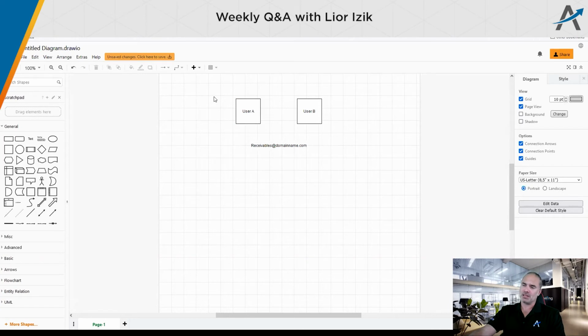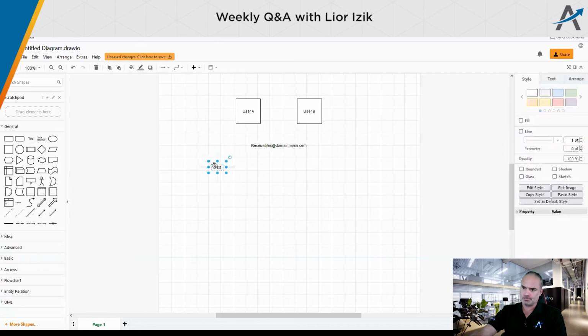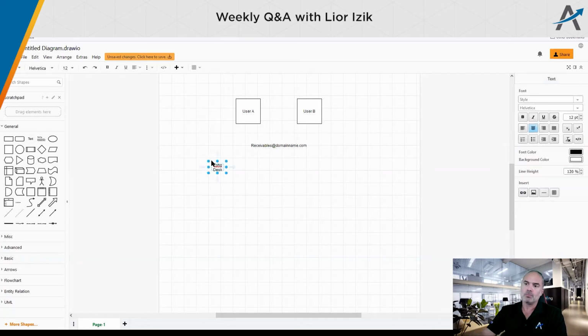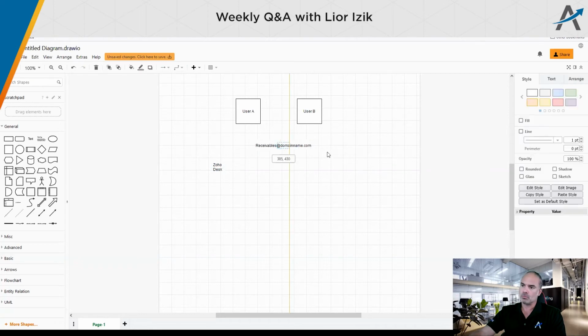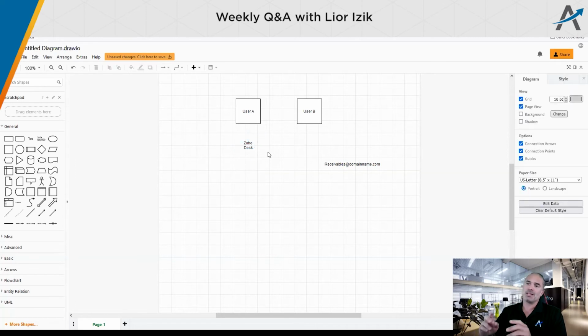You have two options with this approach. Option number one is to receive your emails in Zoho Desk, and then both of you can receive it because it's just tickets. If one of you picks it up, the other will not need to deal with it anymore. I will just write here, Zoho Desk. So this is assuming we're adding a standalone email. You don't need to add a standalone email because then you need to spend more money on subscription. Exactly. I don't want you to spend more money because you don't really need it.